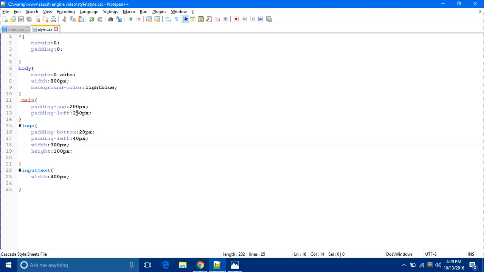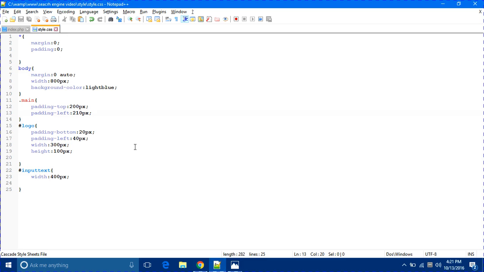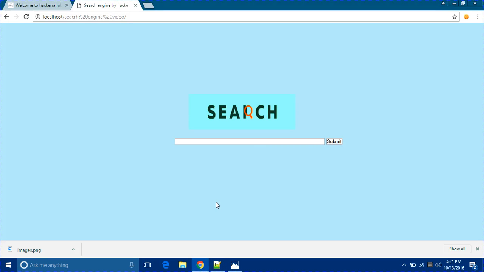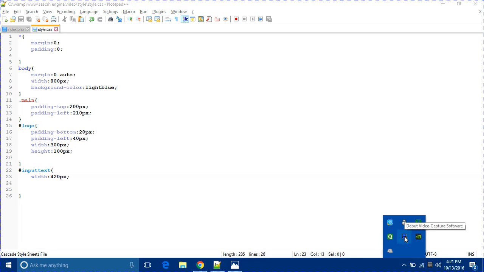First of all, padding left will now be 210 pixels, so it will be centrally aligned, and width will be 420 pixels. Yeah. So it will look cool. Let me check the length of the video. So it should not